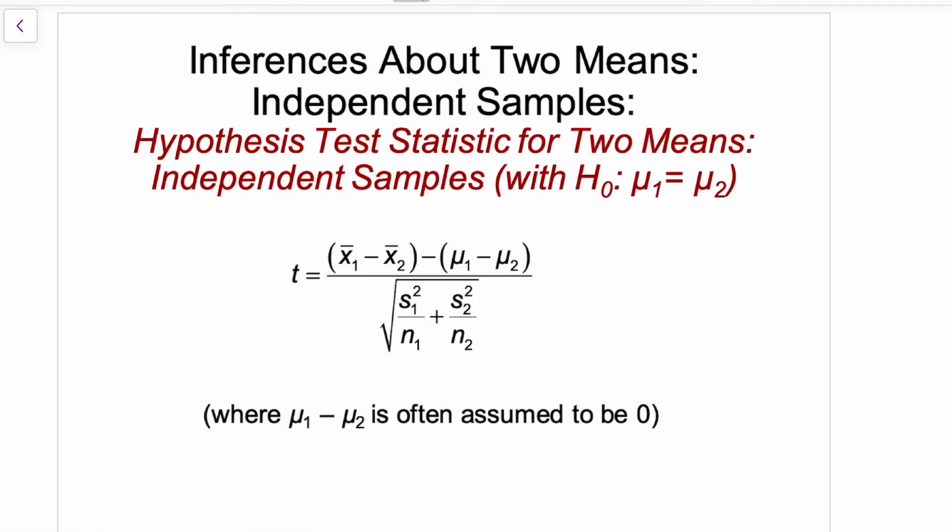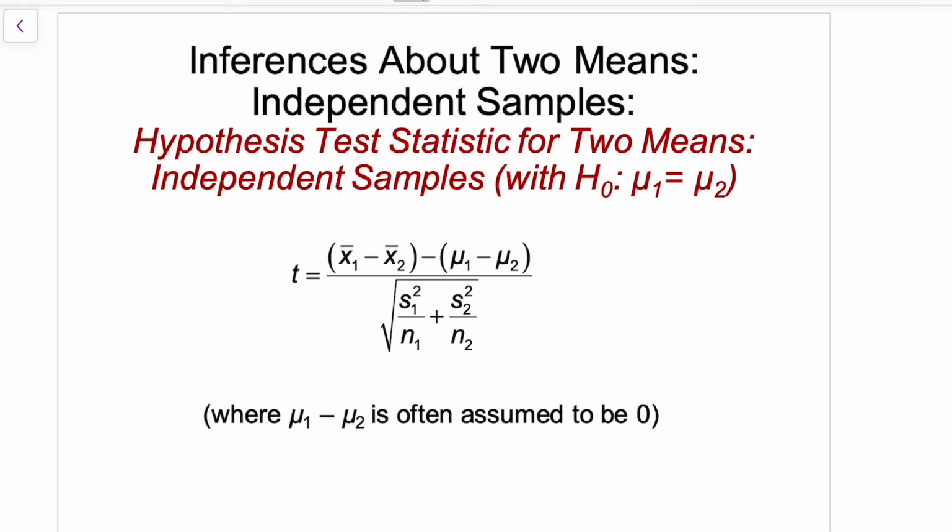Every form of hypothesis testing needs a test statistic. And for mean, if we recall, we have a t test statistic instead of the regular z one. Here is our test statistic. It's the sample mean minus the sample mean of the second, minus the quantity for the population mean of the first sample, minus the population mean of the second sample, divided by the square root of s1 squared over n1 plus s2 squared over